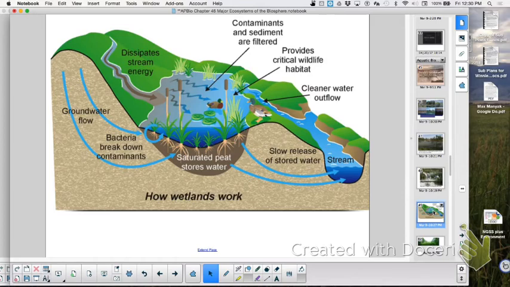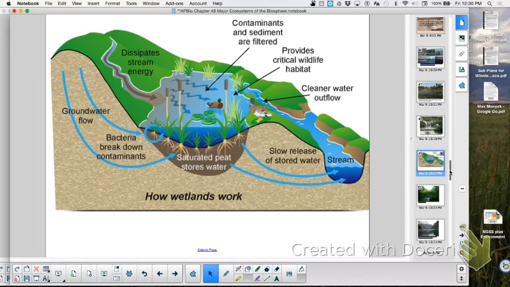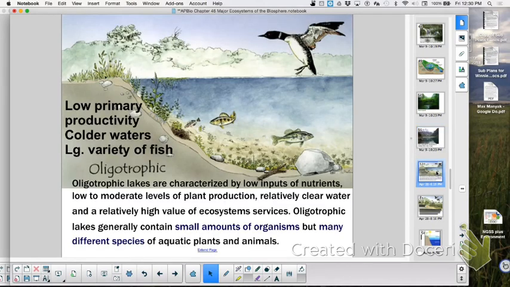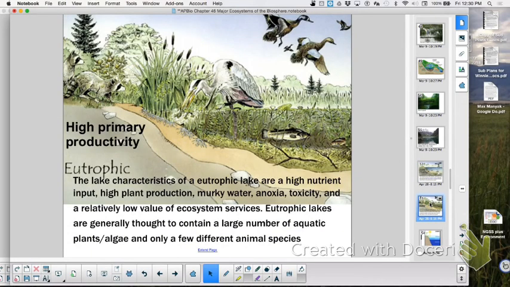But we talked about the importance of wetlands: less erosion because you slow down the energy of that stream, toxic chemicals can be taken out, it provides a lot of habitats for different organisms, and it's like a sponge that can hold that water for when you need it. And we looked at ponds, we looked at lakes. Then we compared and contrasted the two types of lakes, at either extreme, oligotrophic versus eutrophic. The oligotrophic ones are clear, maybe cold, deep waters, and the eutrophic ones are over-enriched and very murky.